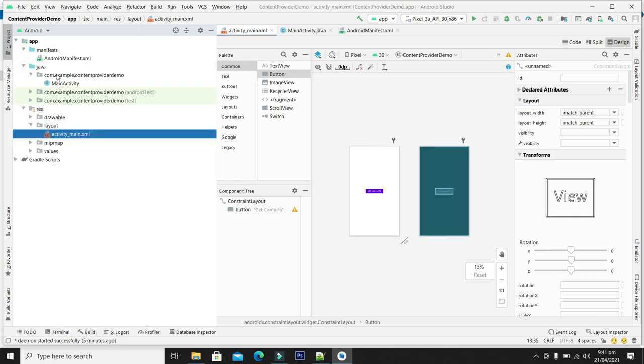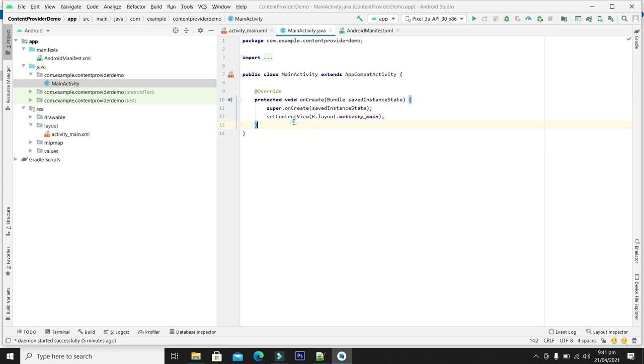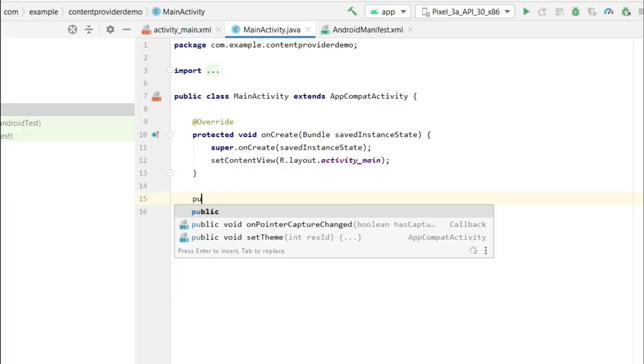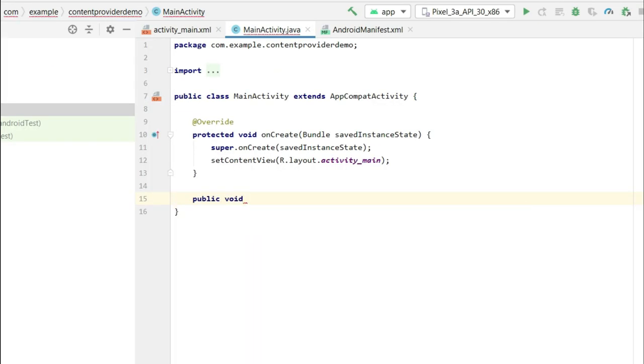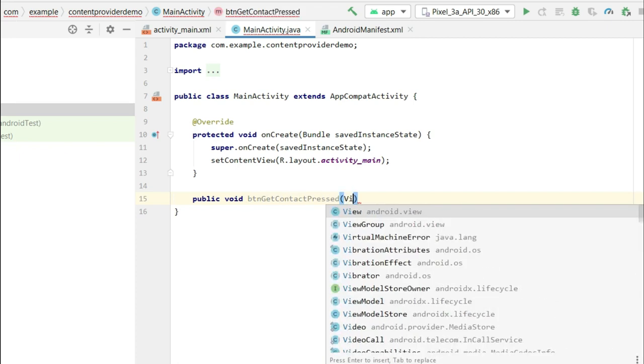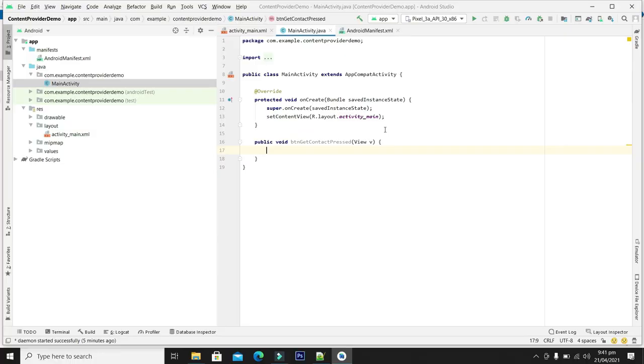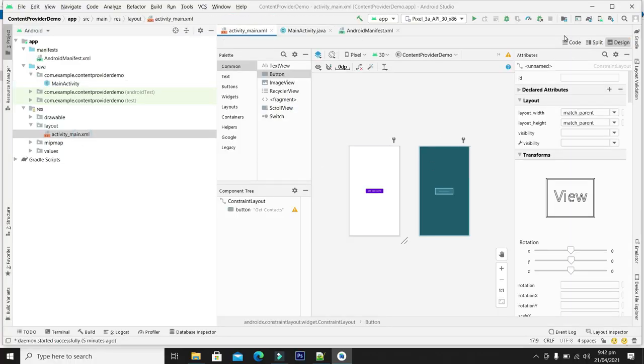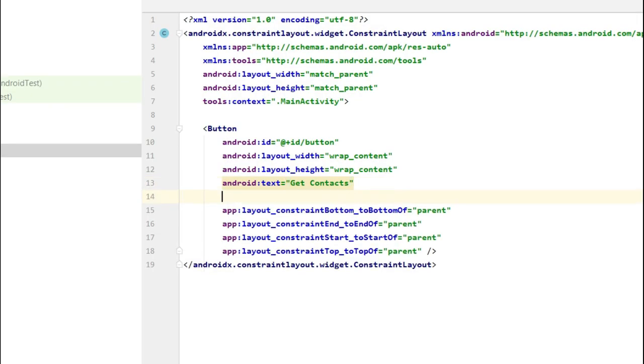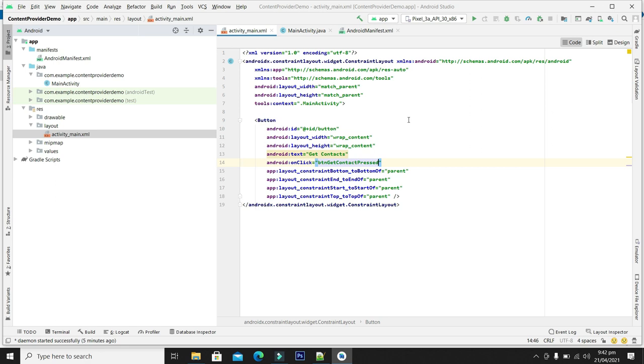Now let's make a callback or button pressed event for this button. Now let's allocate that button pressed event to our button. So guys, our button pressed event is allocated to that button.